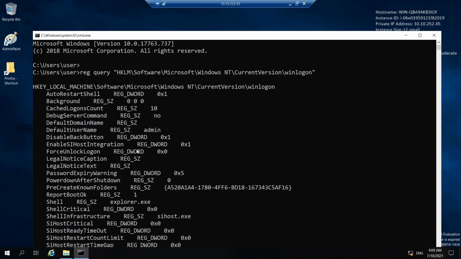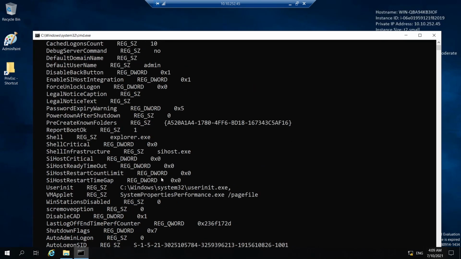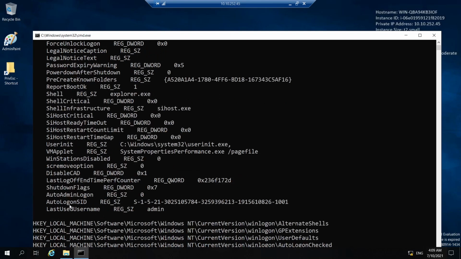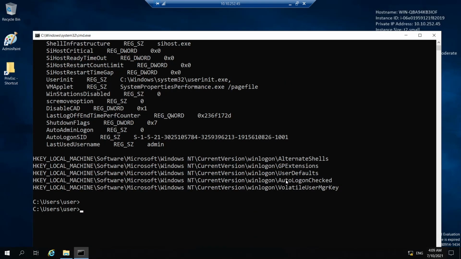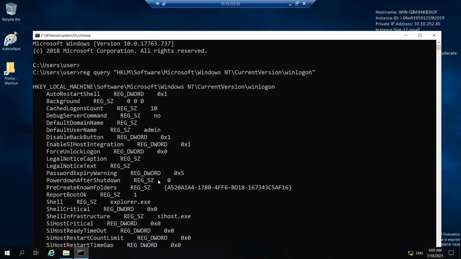You can see there is no password here. The last used username is admin, and we did not get any credentials.